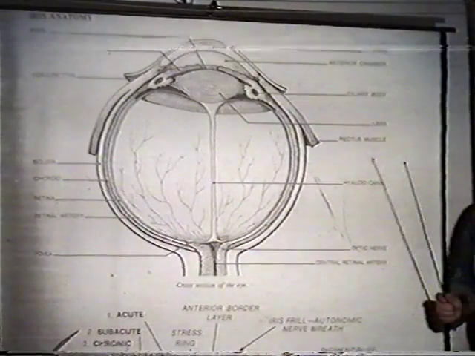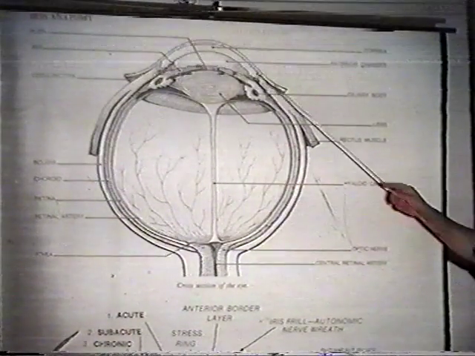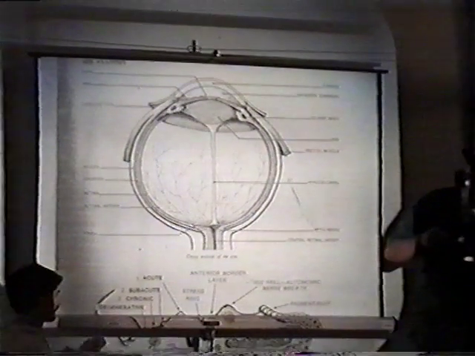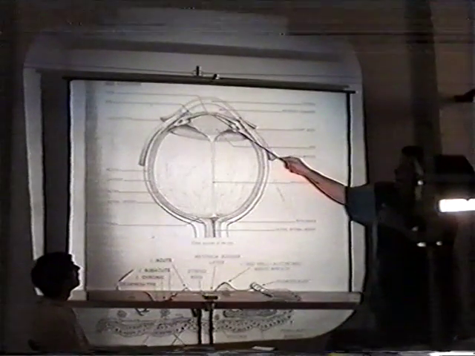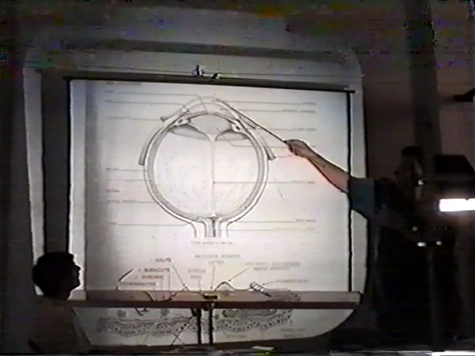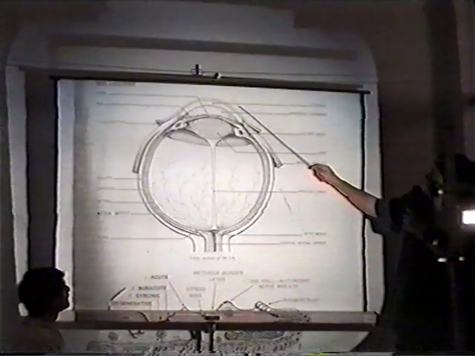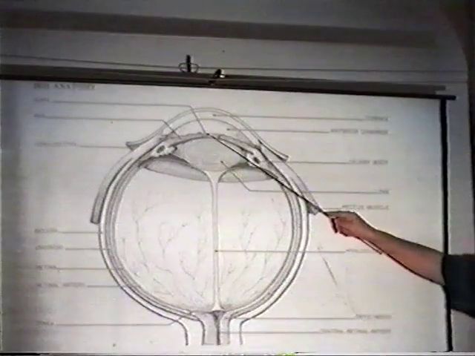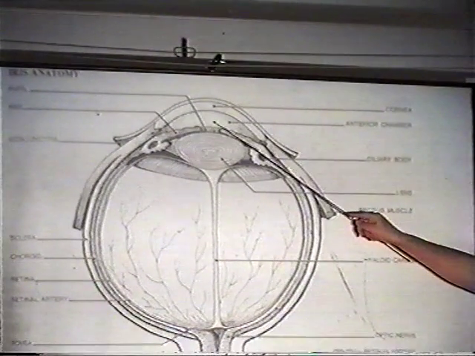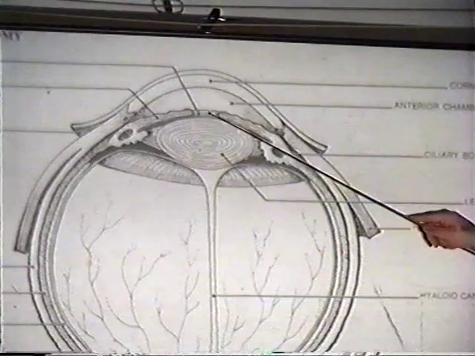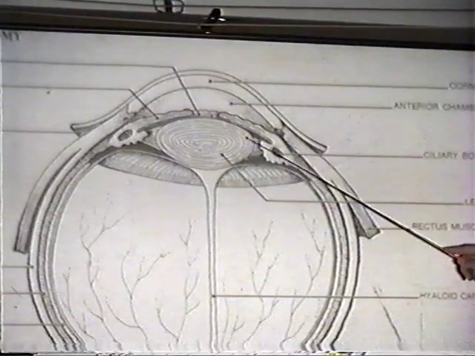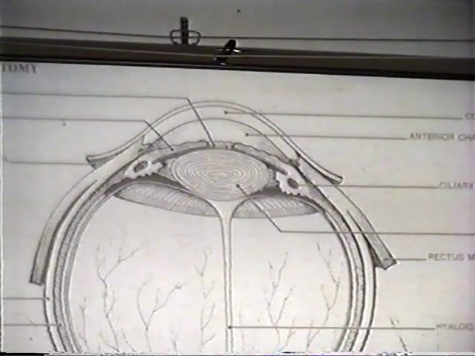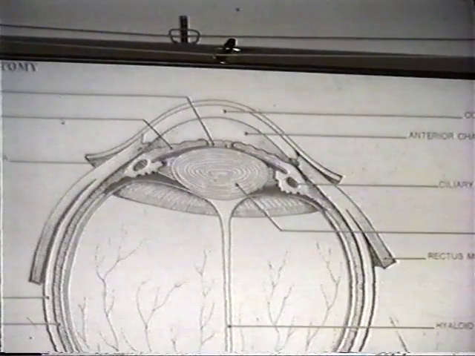When you look into the eye, you have what they call that little black spot in the center of the iris, which is called the pupil. And this is this area looking down this way. You have what they call the cornea, which is the covering. And in this area here you have your anterior chamber, which is full of fluid. And then you look down through the pupil, down through this area in here, which we call the lens of the eye. And if you're looking into the